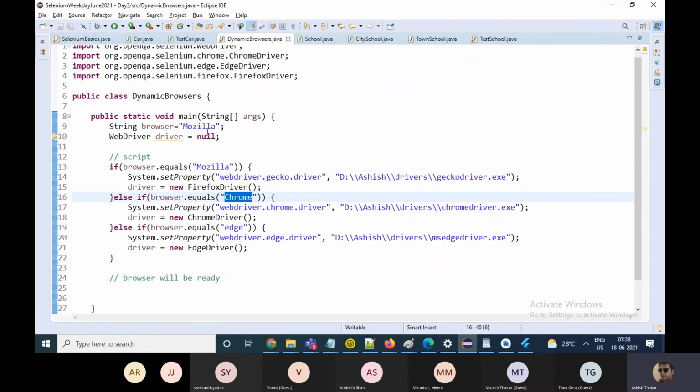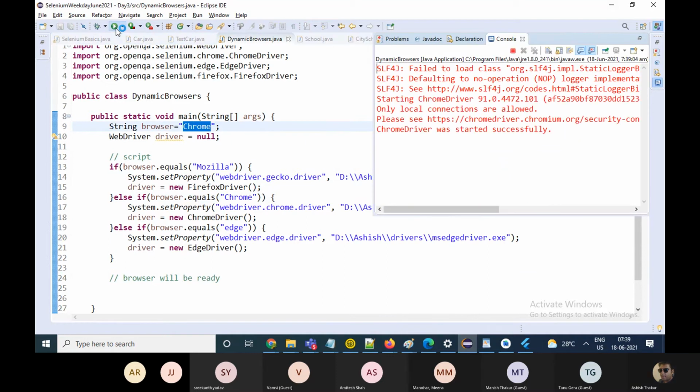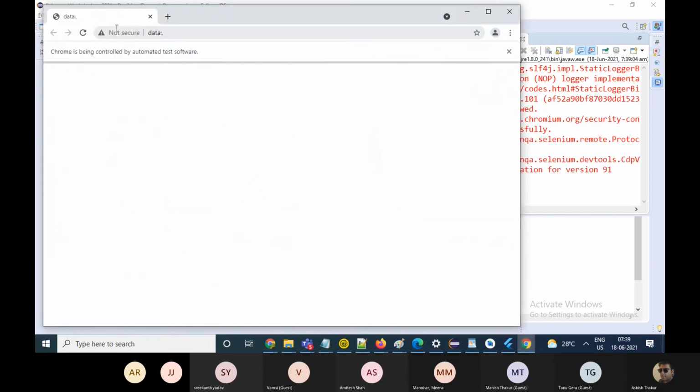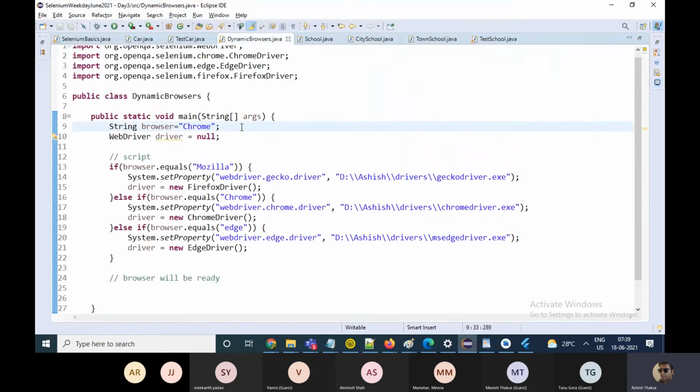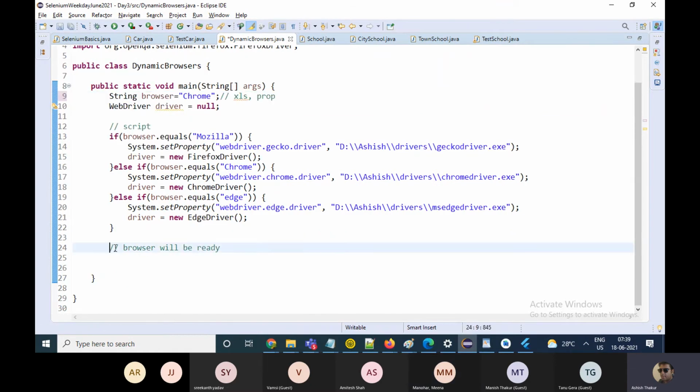If I close this and change the browser to just Chrome over here, you will see that Chrome will launch, and similarly Edge will launch. You can also read this browser from, say, an Excel file or a property file dynamically and launch the browser. And once the browser is ready, the functions are the same.